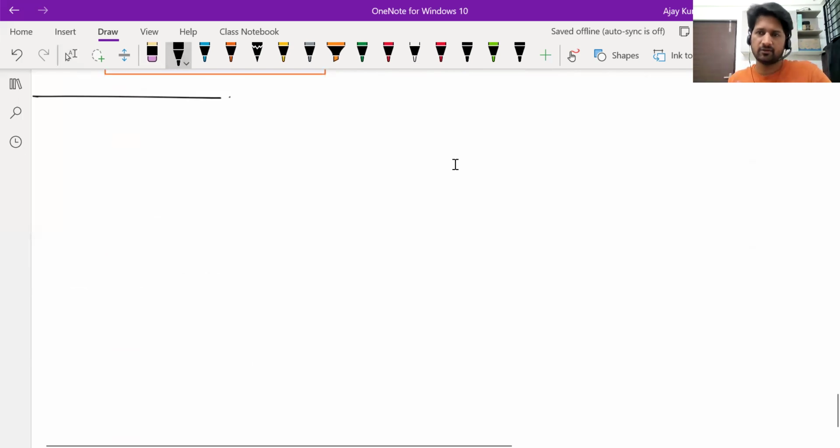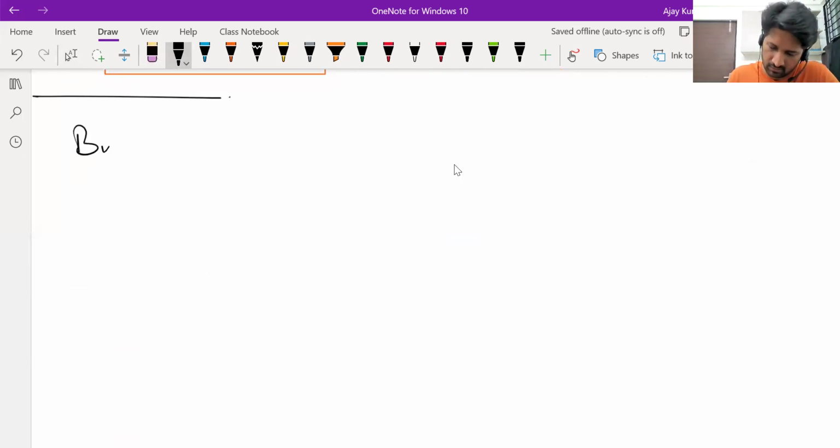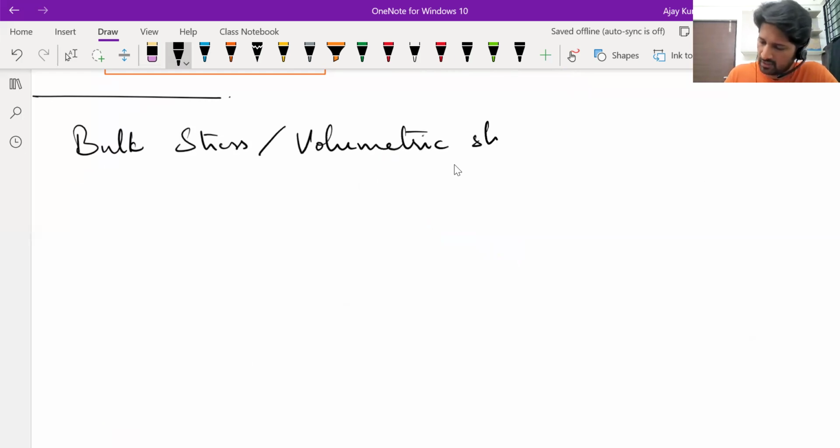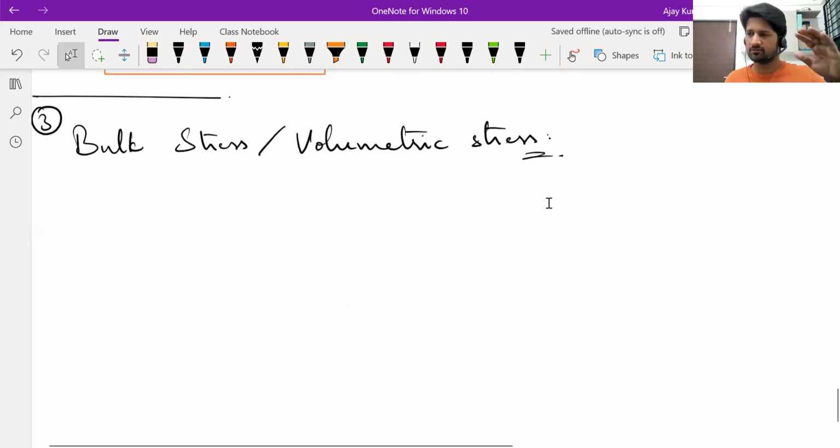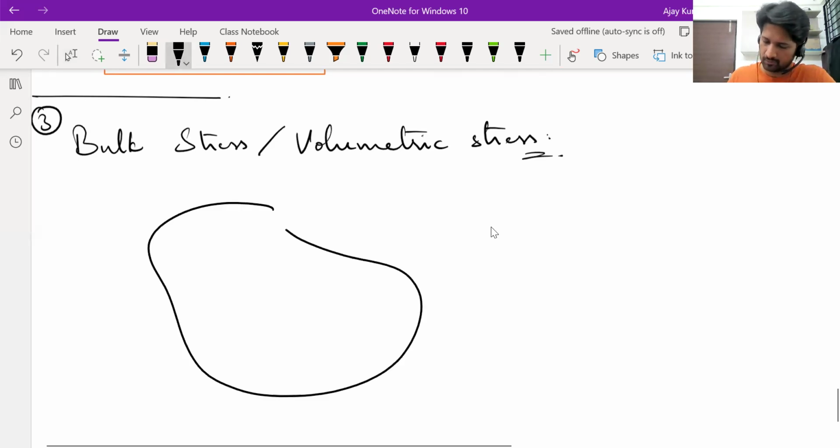Next, the third kind of stress and the corresponding strain: bulk stress, or volumetric stress. How do you apply this? Perpendicular force per unit area of cross section is longitudinal stress. Parallel force per unit area of cross section is tangential stress. Then how do you create this? Basically, on a certain object, if forces act at all points on its surface perpendicular to the surface,